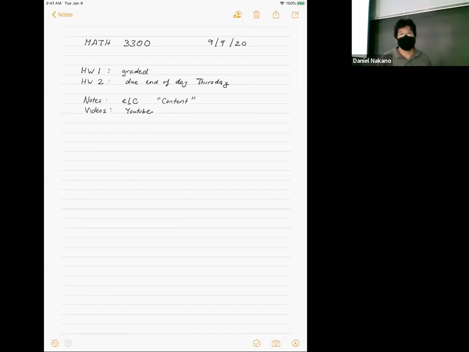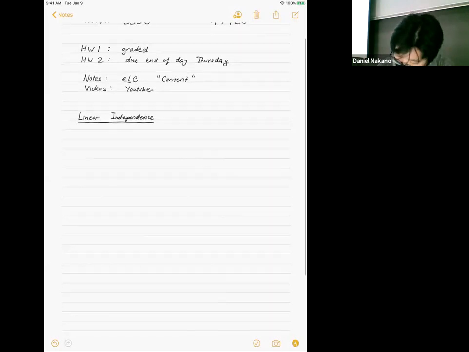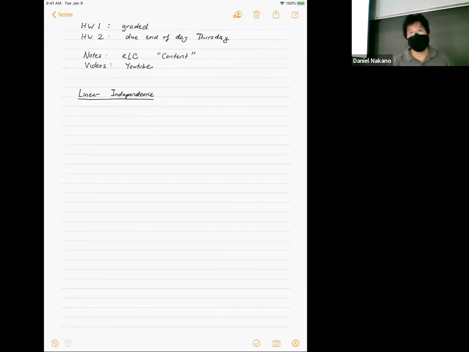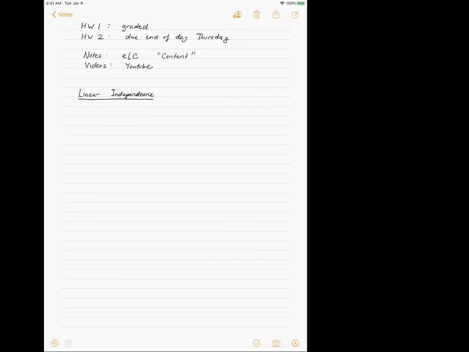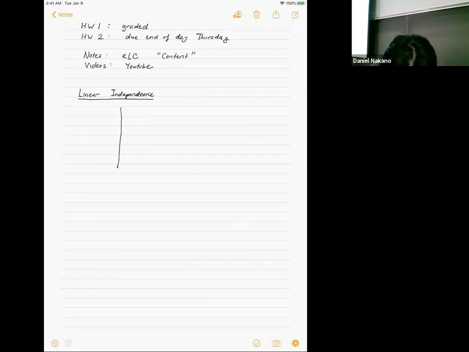It's been a while. And what we'll do is we'll talk about linear independence. So the idea with linear independence is we have a set of vectors and we want to actually make sure they're not redundant, which means that one vector cannot be written as a linear combination of the others. So let me draw you some pictures